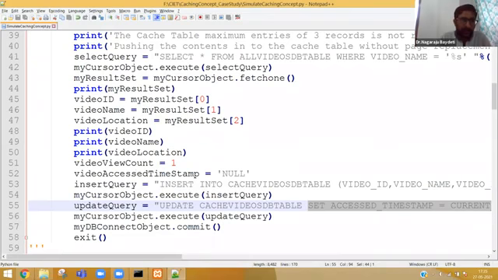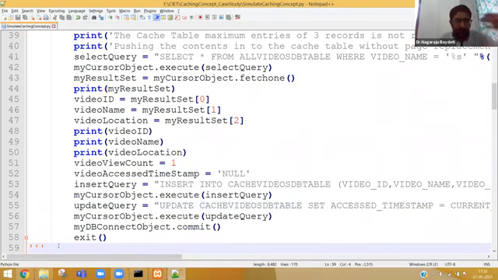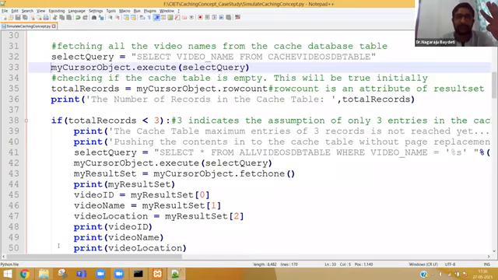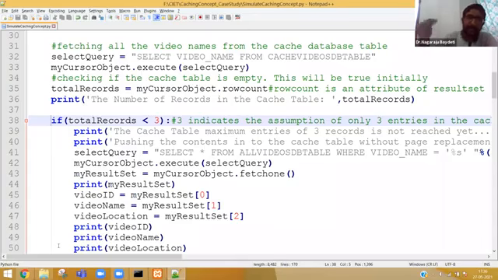So now let me execute line number 1 to line number 58. First time, second time, and third time, most likely the condition will become true. 3 times the condition will become true. When will it become true? When the cache is empty, it will go. When the cache has 1 record also, it will go. When the cache has 2 records also, it will go. When the cache has 3 records, then the if will fail. That means it is the time when the refrigerator is full. That we will see in line number 59 onwards.